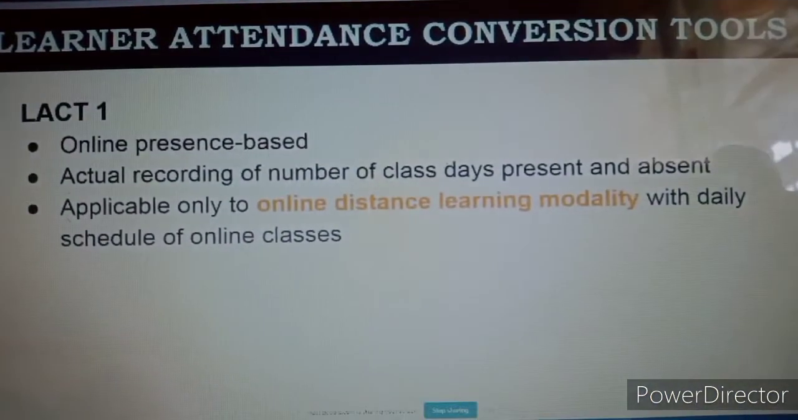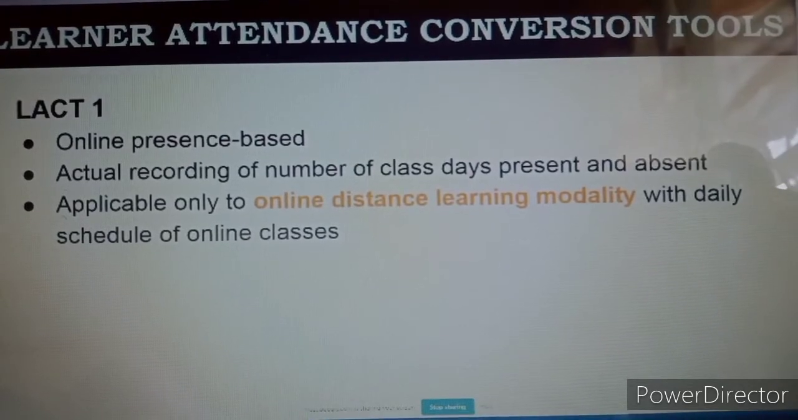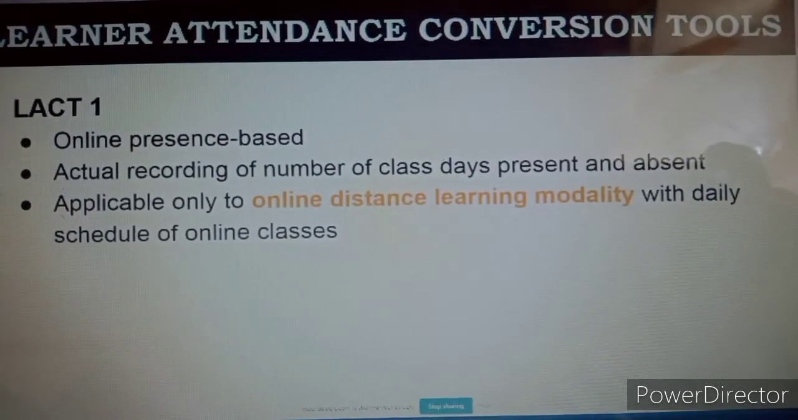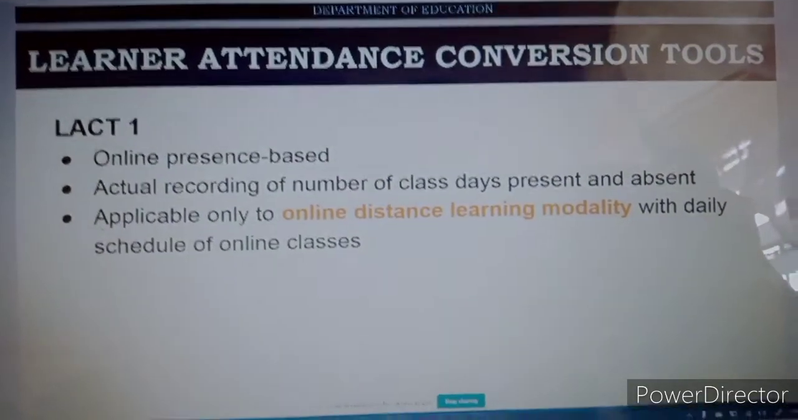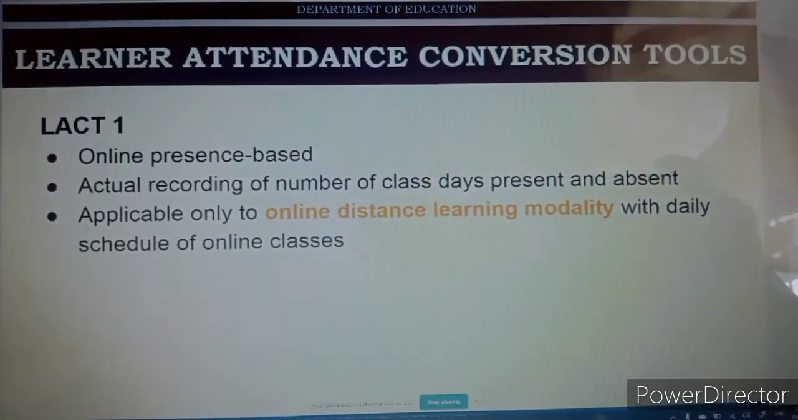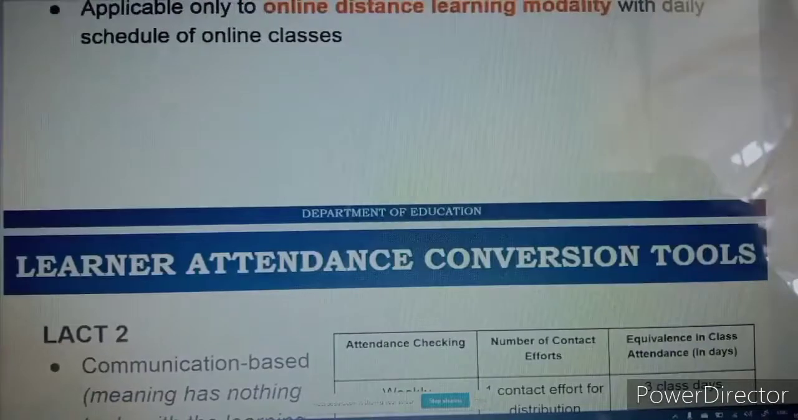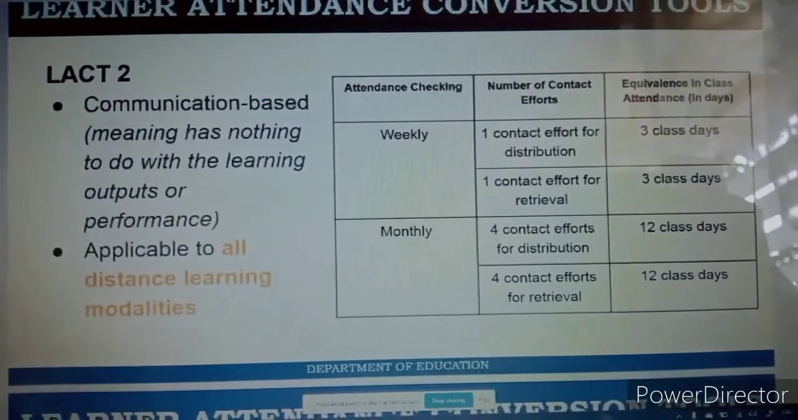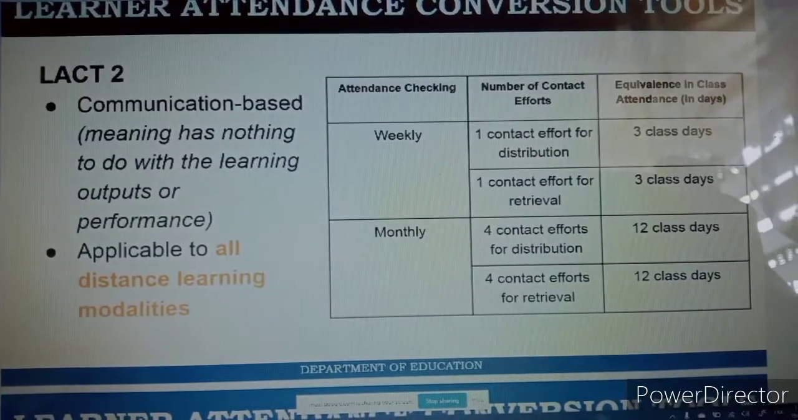This is the locked one. Ito yung first way of checking the attendance. This is for the online presence days: actual recording of number of classes, class days present and absent, applicable only to online distance learning modality with daily schedule of online classes. So ito po siya ha, attendance check which is weekly, number of contact efforts, 1 contact